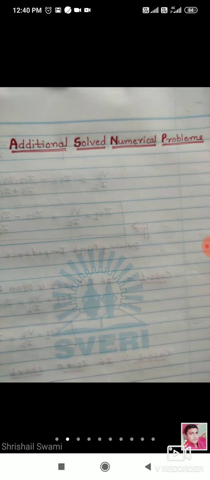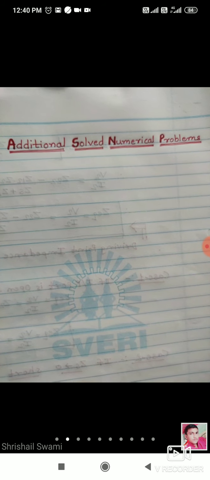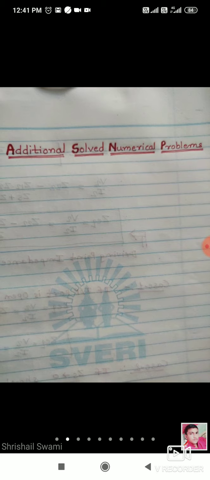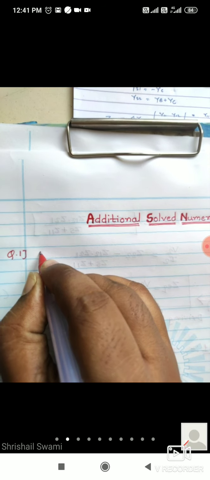Yesterday we have completed unit number 3. So in today's lecture we are going to solve some additional problems which were asked in Solapur University exams. So the first question we will start with: find or